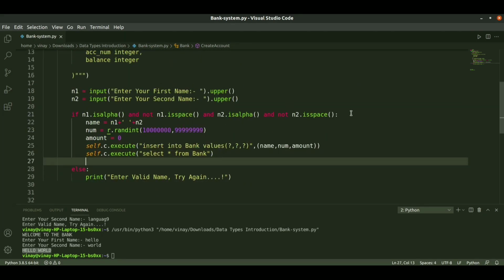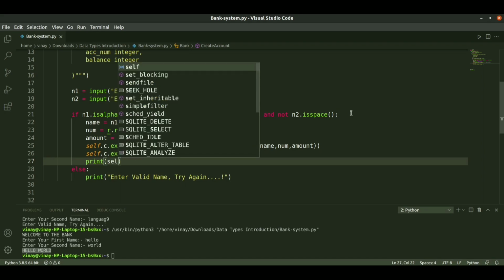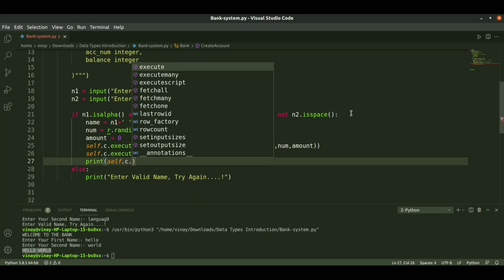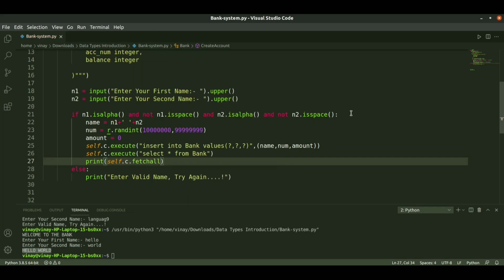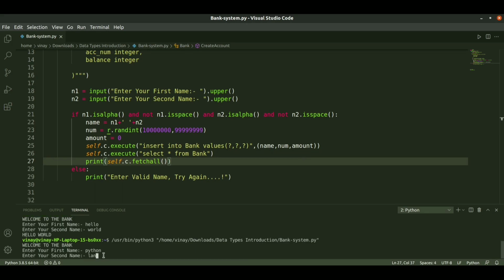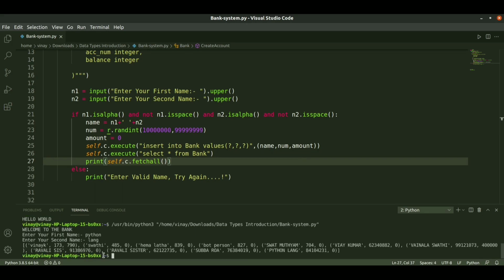Then in order to print the table, we will use print of self dot, we will use fetch to print. So when I run, it asks to enter the name. I just give Python language.